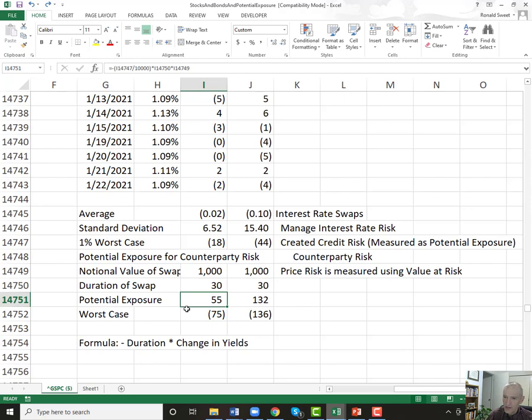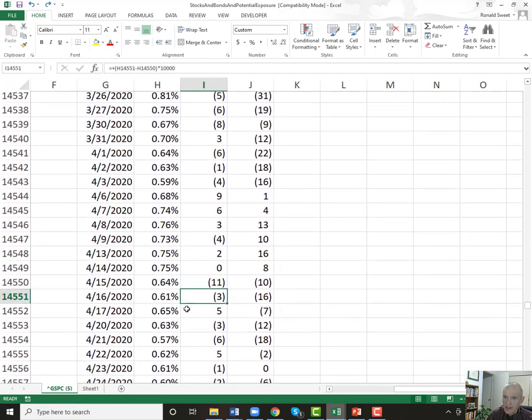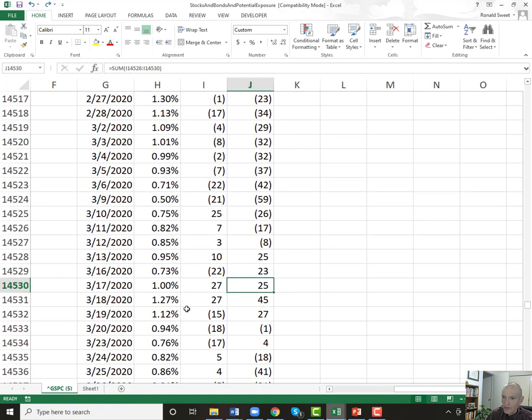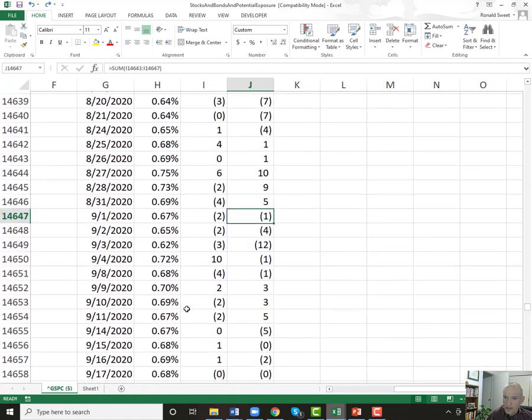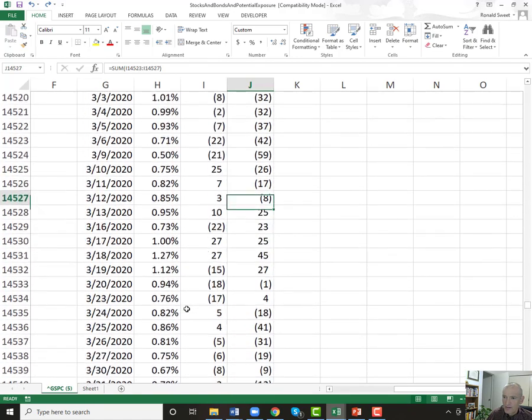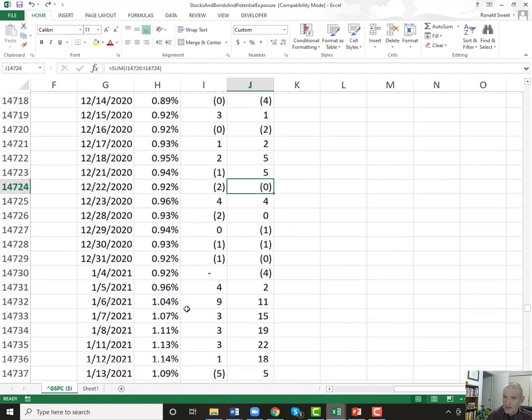I really don't think interest rates will fall 75 basis points in a week. And we saw back in, again, 2020 is a great example where we actually saw 59 in a week and 21, 20 in a day. So, I think 2020 is a pretty extreme scenario, and there you can see we're getting pretty close to that extreme scenario with 18 and 44. What was our worst case again in 2020? I think I saw 59. So it's an extreme scenario,